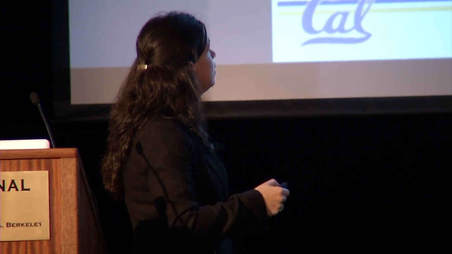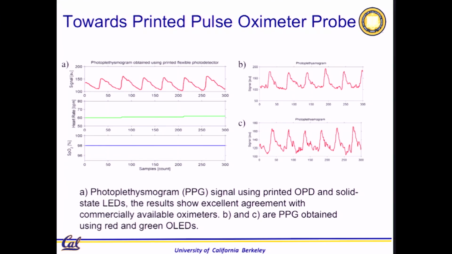So today, we can measure this in our labs. If we take the silicon diode out of the equation and do the measurement with conventional LEDs, this is the type of data we get, where you can see here the pulse rate. You can extract the heart rate. You can extract the oxygenation. And then when we take the inorganic LEDs out, and we replace them by either red or green LEDs, we can do that type of measurement. You can see here the spectrum is not as clean as before, but this is something that we believe can be improved.